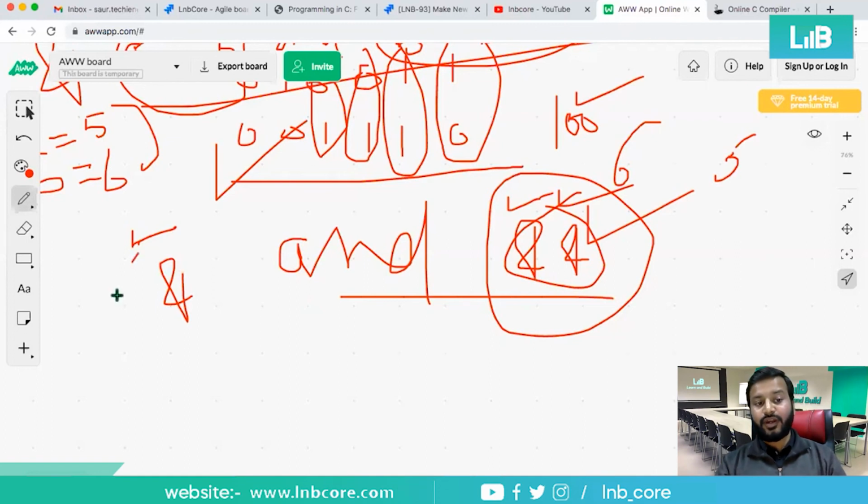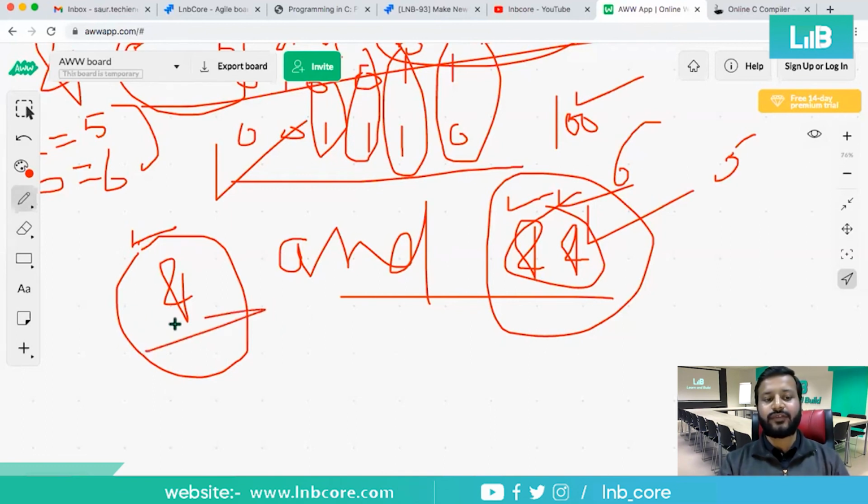Then if you are talking about bit by bit, that you have to work on a single bit, and then if it gets true, the condition should be getting satisfied. So then you should use the single bitwise operator. Did it make sense?